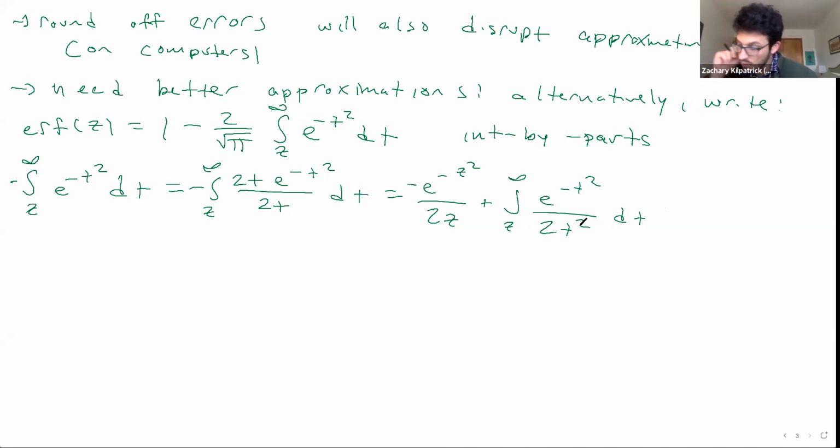All right, so you see what happens here, right? We have created this term. The question is, is this new integral smaller than the original one? If it is, you can think of this now as your remainder term, okay? So if we just continue on,